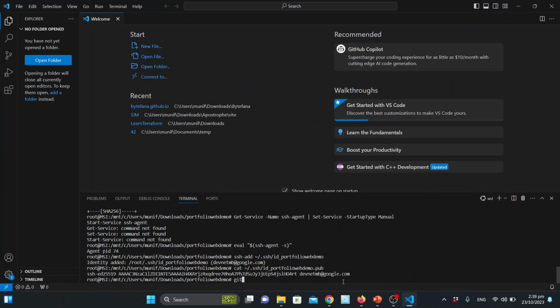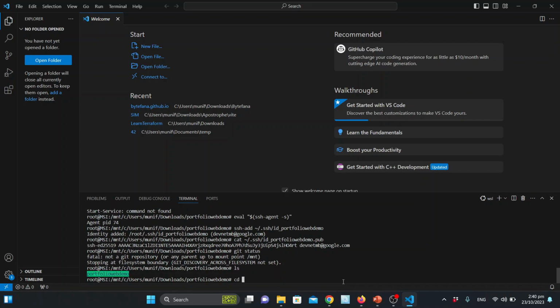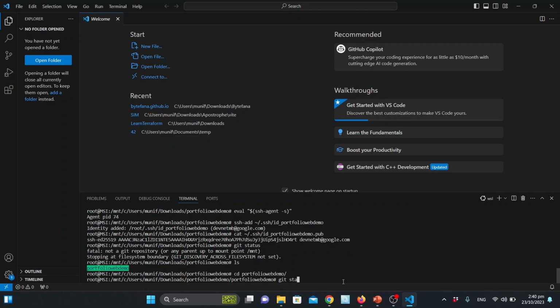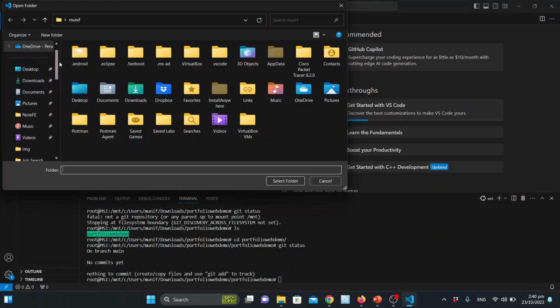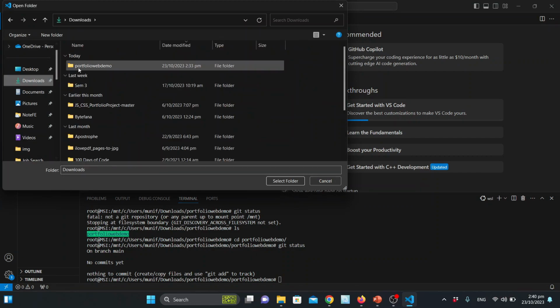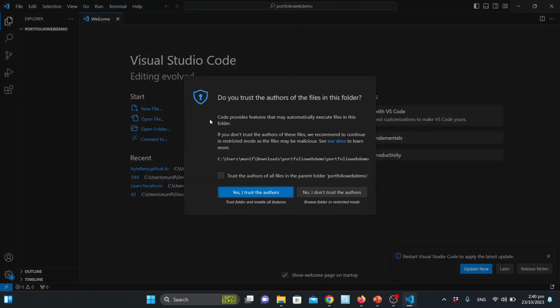Let's do a git status. Nope. Oh, cd into that first. Git status. Okay, we will try it out once we actually have a file. I'll open that folder here, downloads, portfolio web demo, select folder. So at the moment this folder is empty,